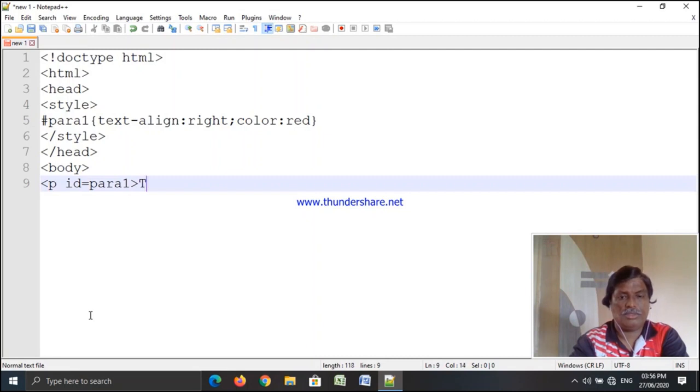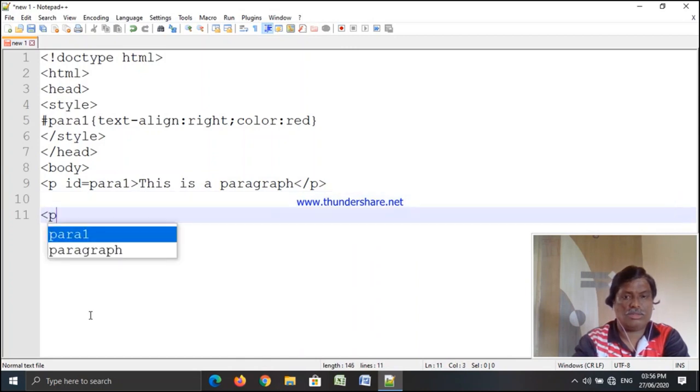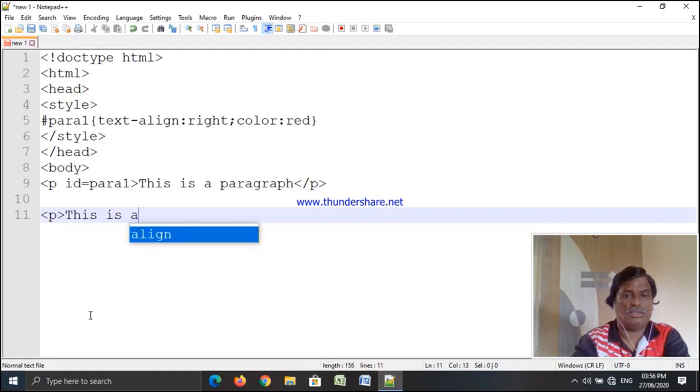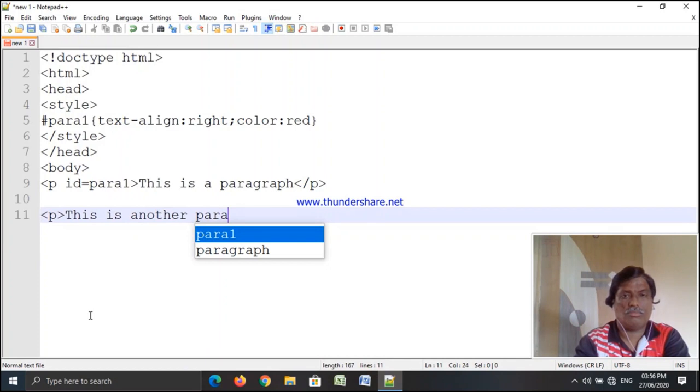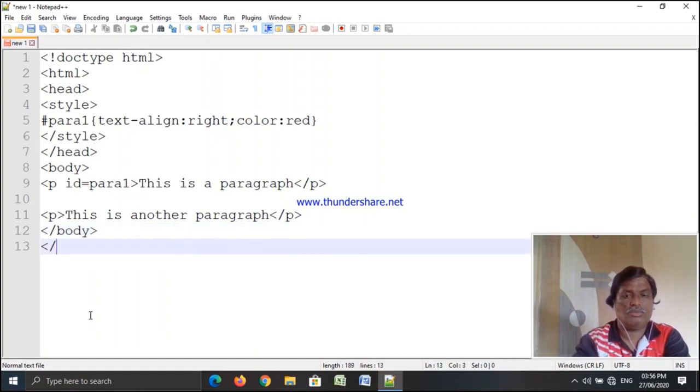Then this is a paragraph, end of P, again one more paragraph, this is another paragraph. Then end of body, end of HTML. Now this program is ready.